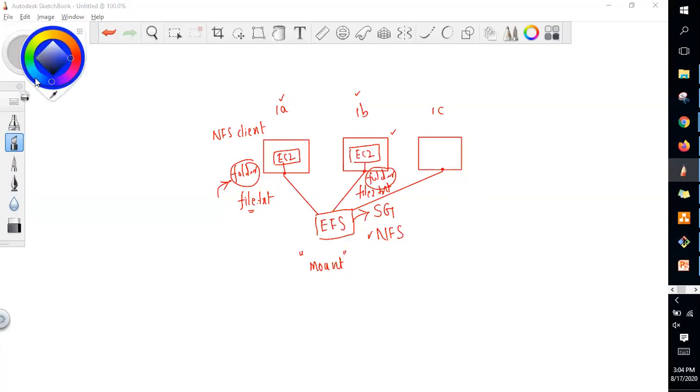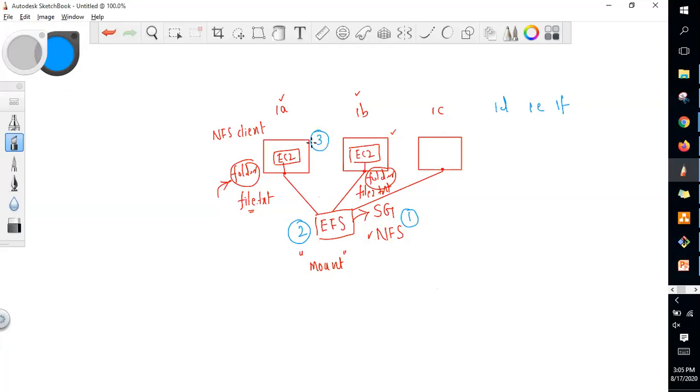So the first step is creating a security group with NFS protocol. The second step is creating an EFS, elastic file system, with this security group and creating the mount targets in all the availability zones. The third step is creating two EC2 instances, each in different availability zones.